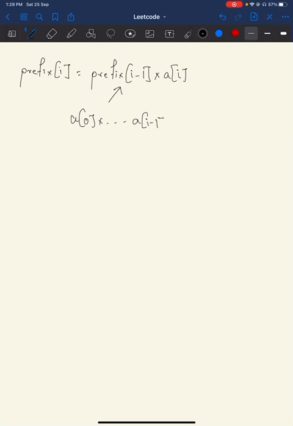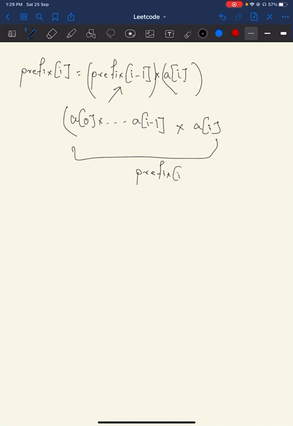ai minus 1, and I am multiplying this thing to this thing, so that's into ai, and this entire thing is basically prefix i. Similarly, we can say that suffix i will be equal to suffix